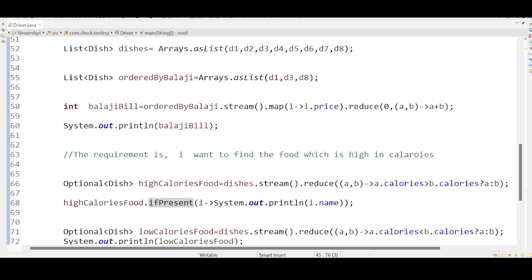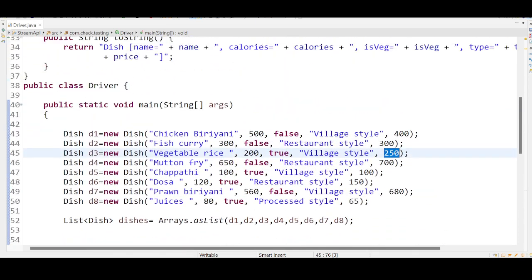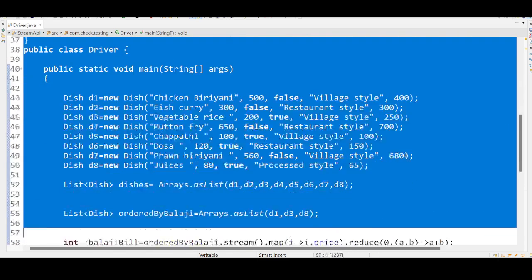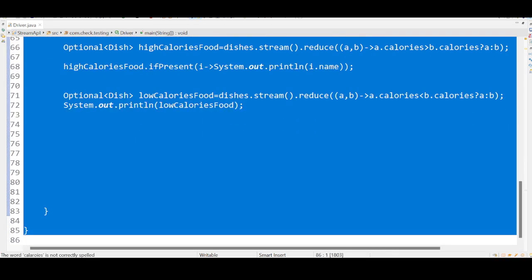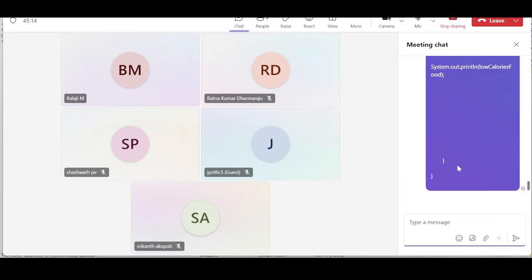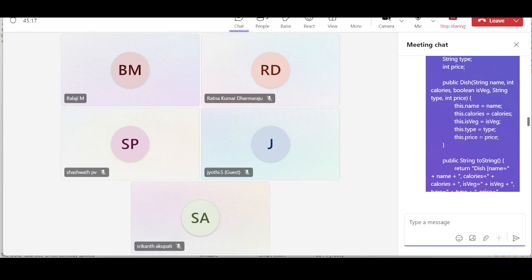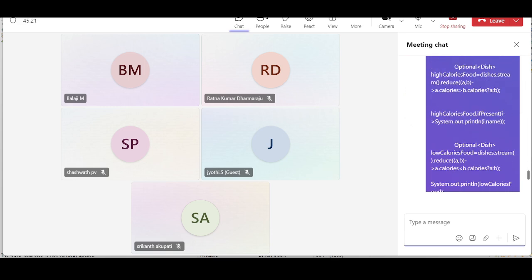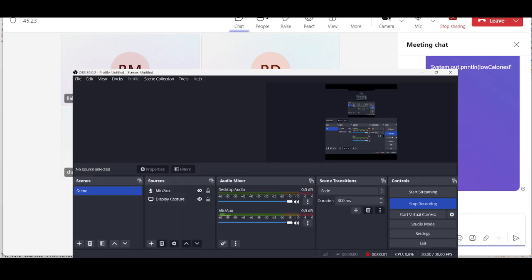It's up to you. You need to practice this program a lot. Just type and practice this program, and you will get this. Let me put the tips: do some practice, type and practice. Don't copy and paste it in the Eclipse editor. Type it by yourself so that you will get a clear picture. Okay, so that's all from my side for the